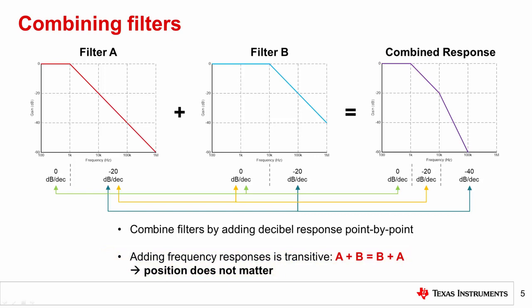If filter B was actually the EMI filter and filter A was the anti-aliasing filter shown in the signal chain on the previous slide, filtering seen by a noise source prior to the EMI filter would still be represented by the combined response shown here. This result is important as it allows you to approximate your system's effective bandwidth given various filter types, regardless of the position of those filters in your signal chain. We will explore some of these approximations on the next slide.